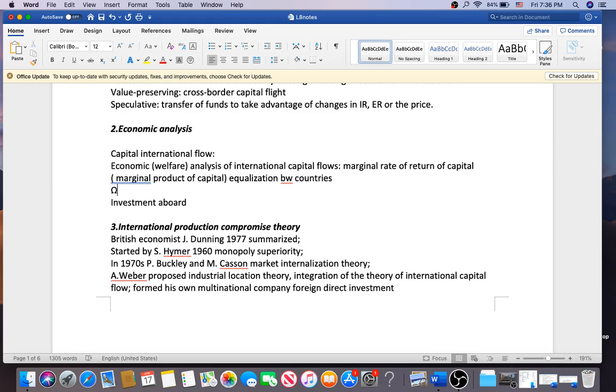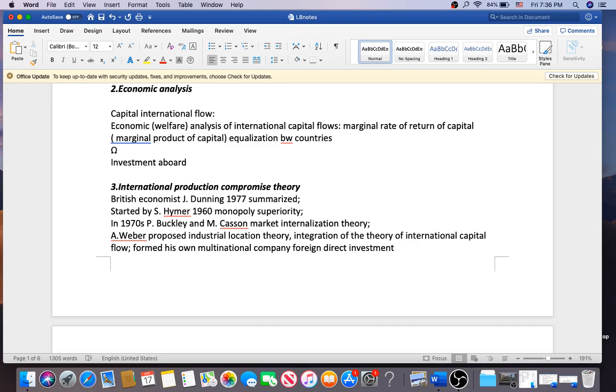This starts from the facts of the international economy, where the transnational capital flow started from the reality of the international economy and involved all aspects of cross-border capital flow. This British economist summarized, but the former scholars such as Hymer in the 1960s, his monopoly superiority, and Hirsch